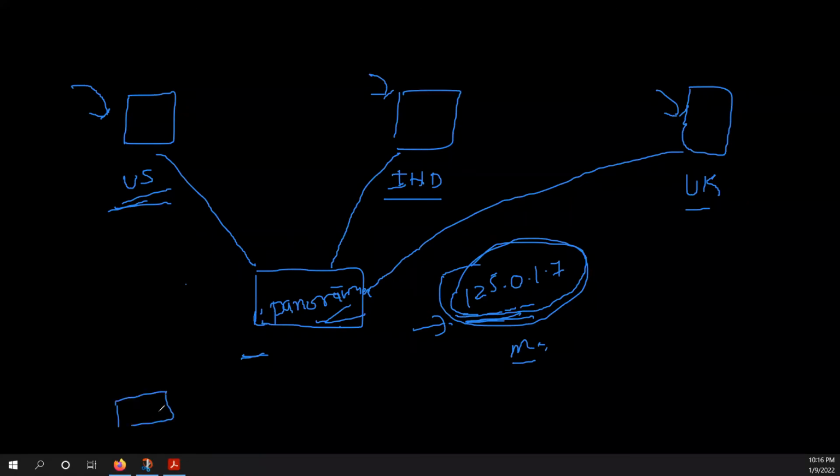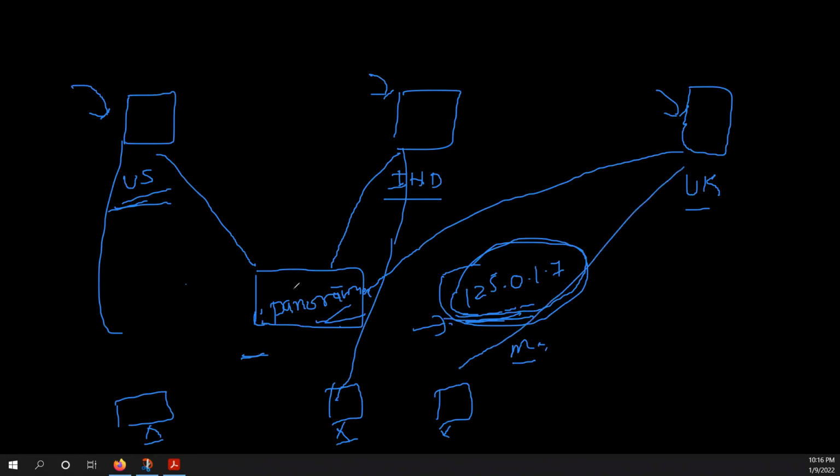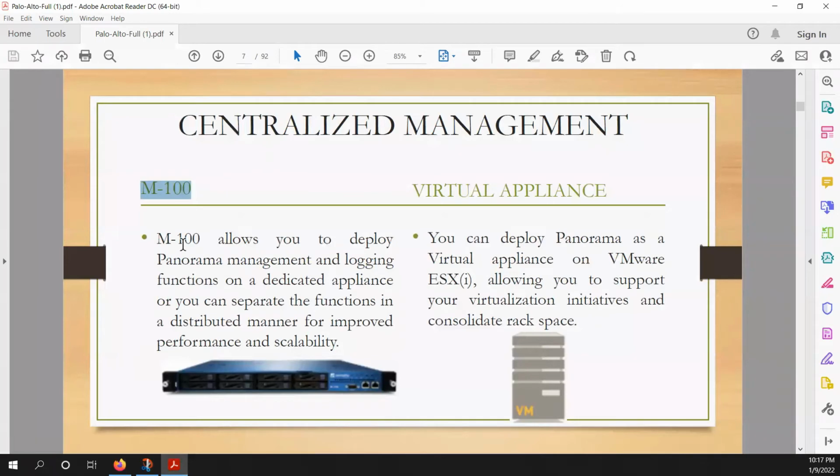So if there is any reverse shell created, I mean, let's say there is any infected system in the data center, in Panorama itself you can see the logs for this particular destination. So Panorama is a really cool device using which you can centrally access and manage all those firewalls. You can purchase the hardware model, either M100 or M500, or you can deploy this Panorama on a virtual appliance, or you can deploy this Panorama device on the cloud itself. So you have all options that you can choose.